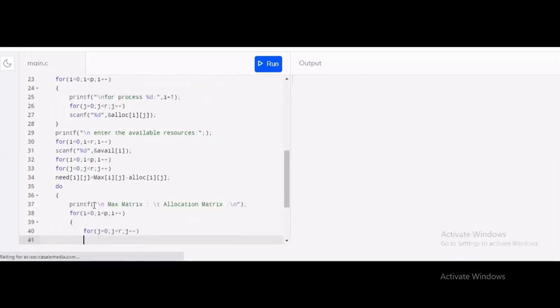So printf %d, max ij. I hope all of you know how to write the printf statement.